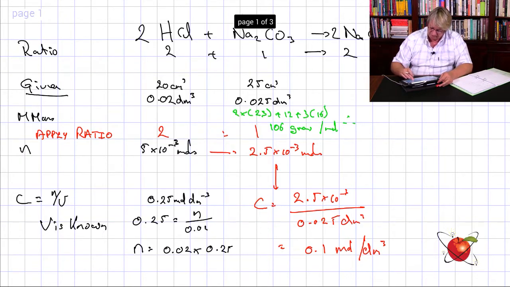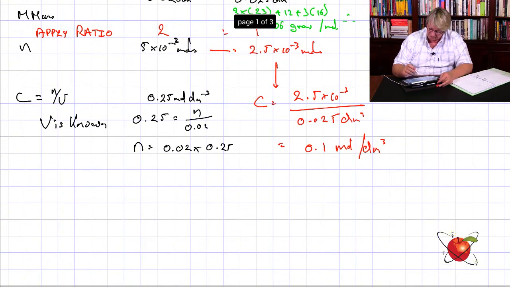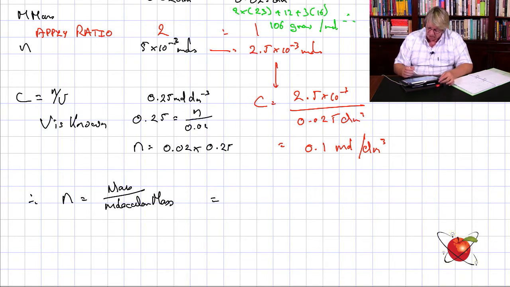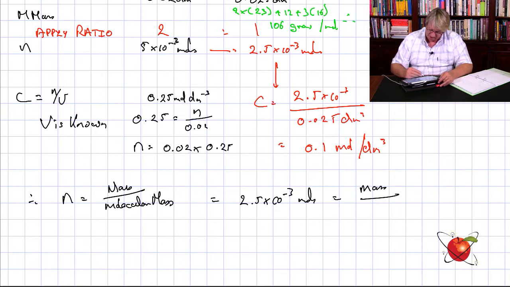So let's work out therefore, let me go back down over here. Therefore, we know that the number of moles is mass over molecular mass, which is going to be equal to, well, let's put in what we know. We know that 2.5 times 10 to the minus 3 moles is equal to mass over molecular mass, which is